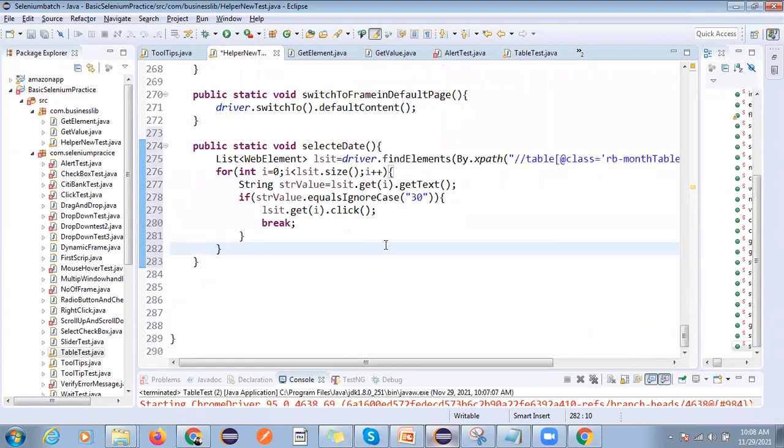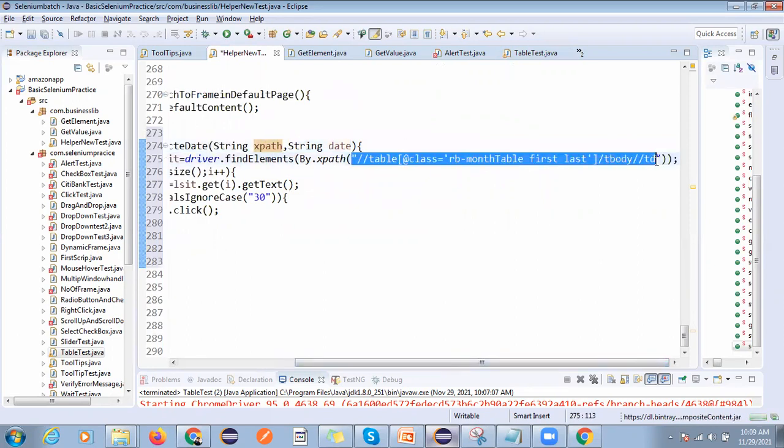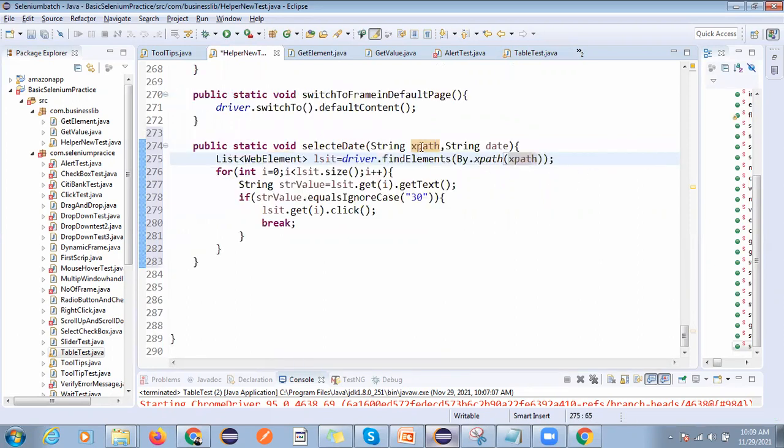Now I copied this here, a string xpath, only this value, and a string date. So here I will pass this value, I will pass date here, and simply now we can call the same method.